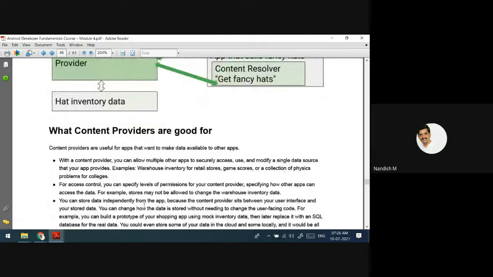the multiple apps. See, multiple apps, if they start using a single data source, there is a problem of security. That is why these content providers will provide secure access, to use and modify a single data source. There will be a single database because multiple apps may be using it. That is why, for security purposes,